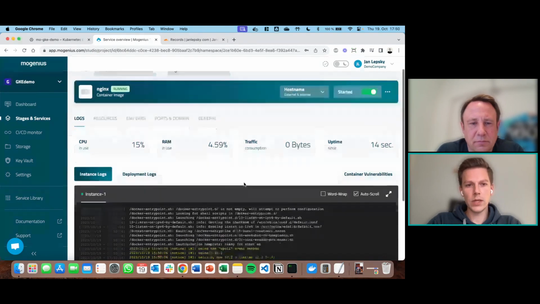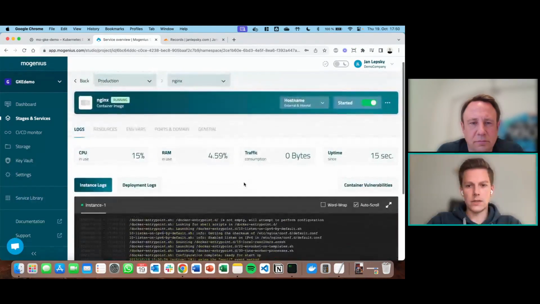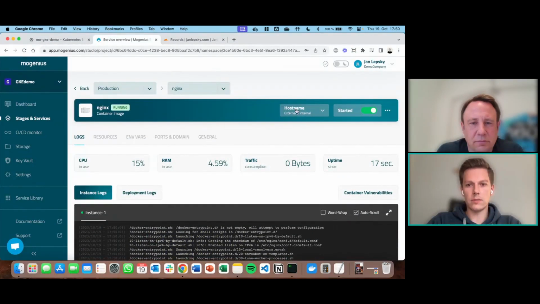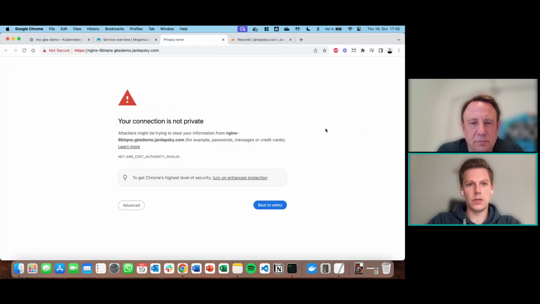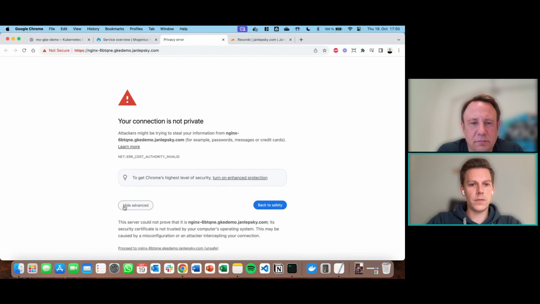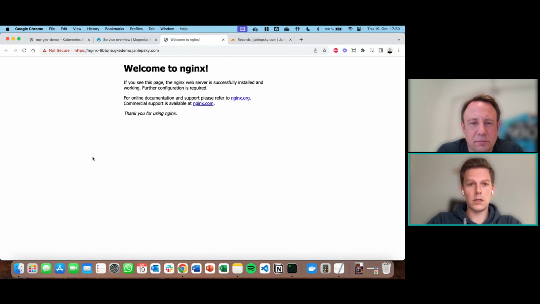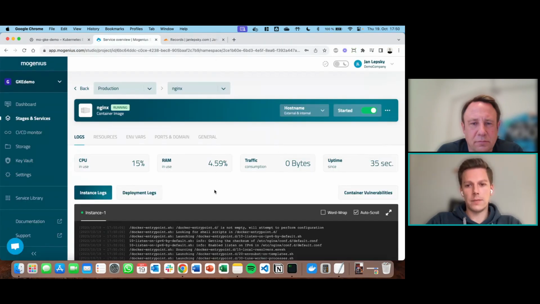So we'll get the service logs here, and now the whole service is available through an external host name. And a certificate is being assigned automatically with Let's Encrypt. This is going to take a couple of seconds, so until then we'll see this warning. But in a minute we'll have the certificates, and yeah, we're good to go. I have everything from a developer perspective that I need to manage the container now.